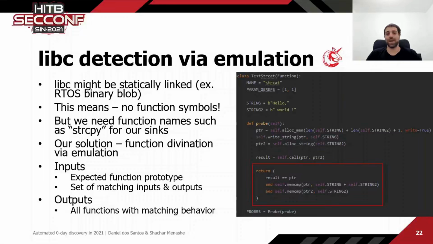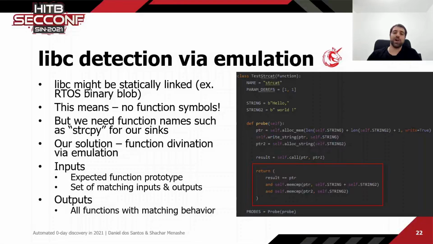So what we do is we use emulation with test cases in order to determine which function we're looking at. For every unnamed function in the program, we define test cases. For example, here you can see a test case for strcat. Basically we define inputs, and we define a test case, allocating some memory with Unicorn,